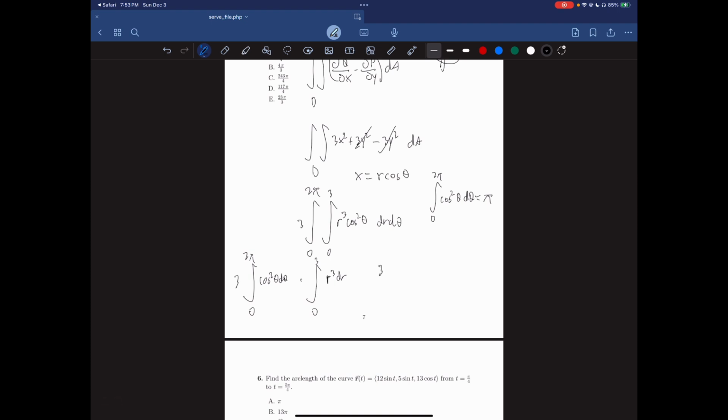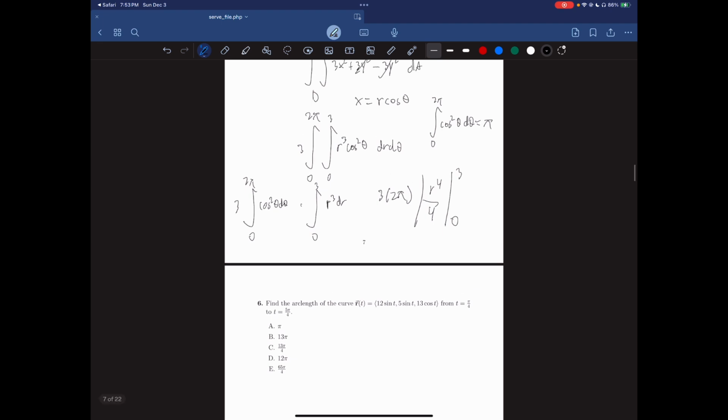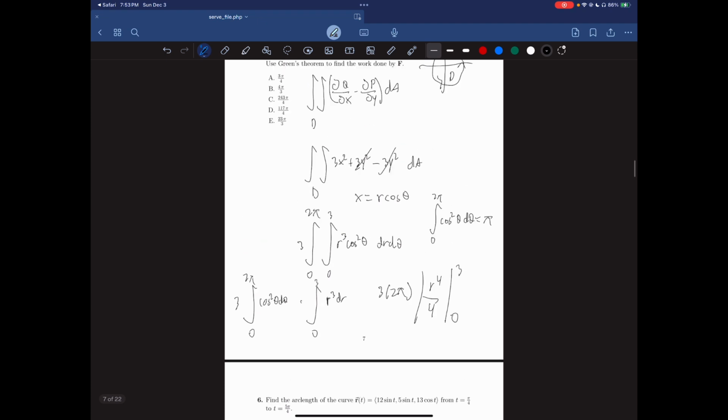So we're going to get 3 times 2 pi times this integral right here, which should just be r fourth over 4 from 3 to 0. And that is 3 to the fourth is 81 over 4. So if we just cancel this 2 and just make this a 2, it'll make it a little bit easier. So we're really just looking for,